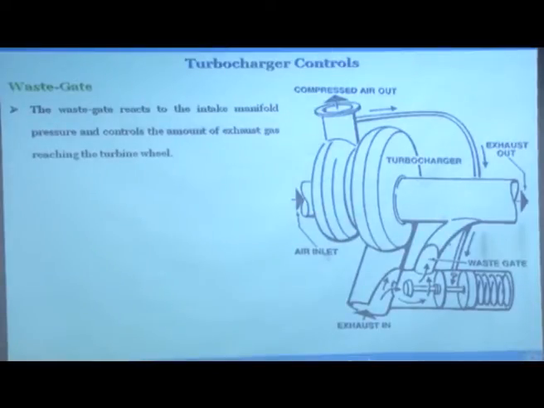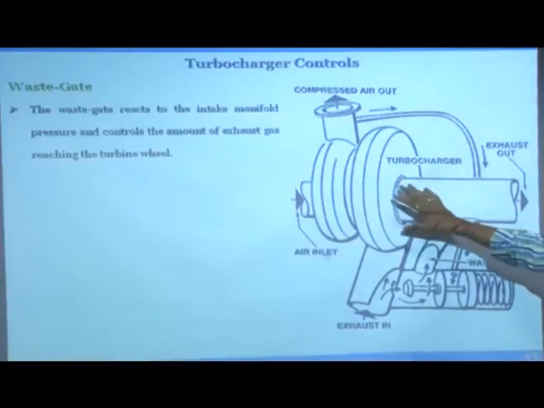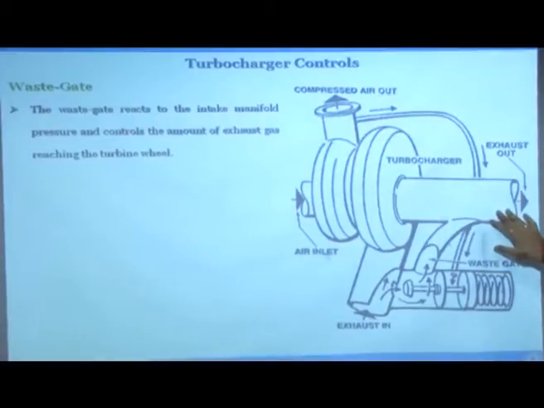Now, suppose you want to control the boost. What you do is you have some kind of a piping connection here, and that piping connection you bring here, and this kind of a wastegate connection you make here. Understand this very carefully. This is a wastegate, a mechanism, and what it does is it bypasses some of the exhaust gas. So, now a lesser quantity of exhaust will pass through here once it is open.